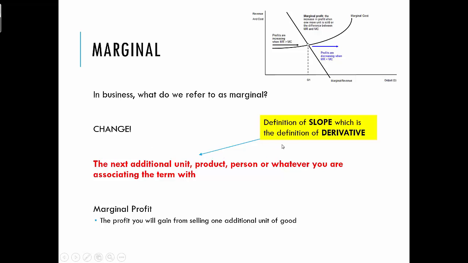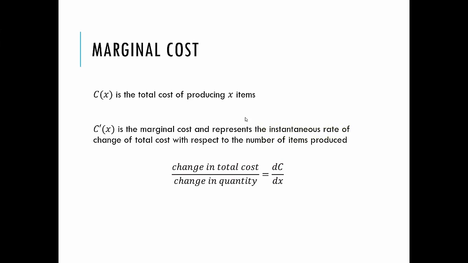Well, a rate of change is a slope. Change of y over the change in x, the change in dollars over the change in time, the change in dollars over the change per unit. And this is what the definition of a derivative is. So this works out perfectly for what you're learning, because you're learning derivatives, and this allows us to find these margins. So if we want to look at marginal cost, well, C of x would be the